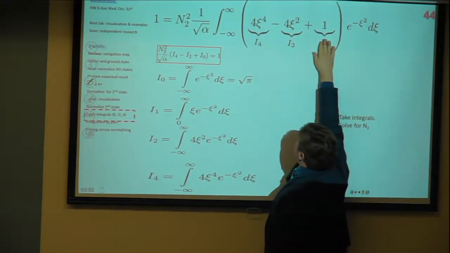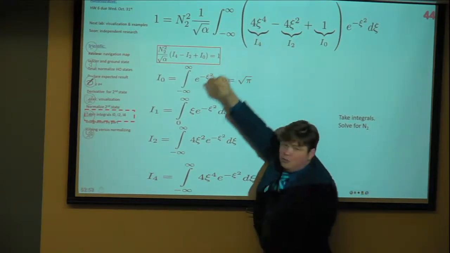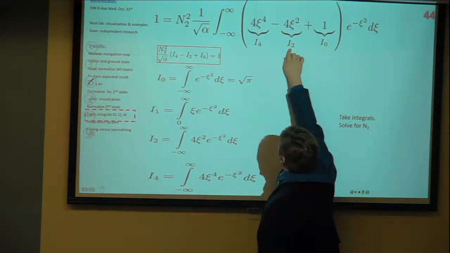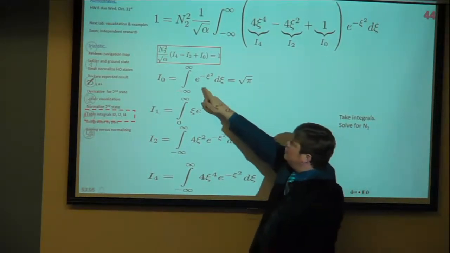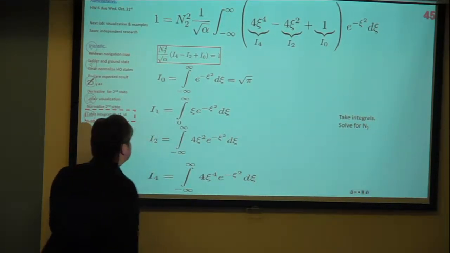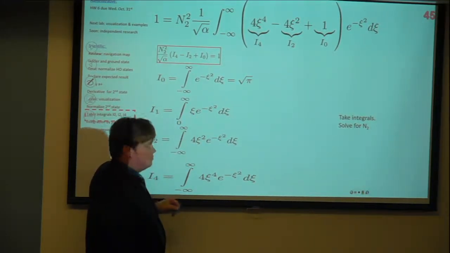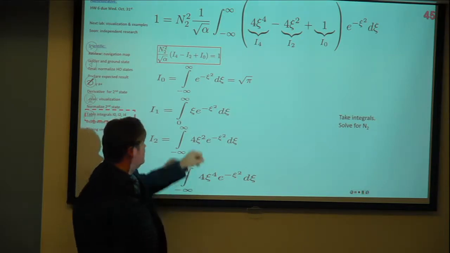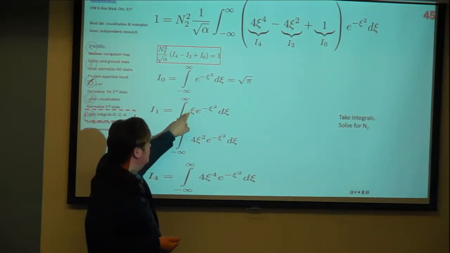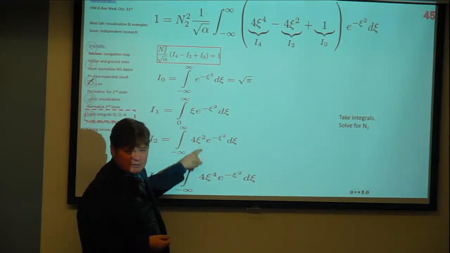So inside the brackets, you have xi to the power 0, power 2, power 4. One can introduce notations: integral 0, integral 2, integral 4. And integral 0 will be just square root of pi. Then, as a hint, if you explore integral 1, when it is in the first power, one will recognize that it makes life easier. This one can be taken in less than one line. And then, knowing this integral, one can probably practice integration by parts for the other stuff.